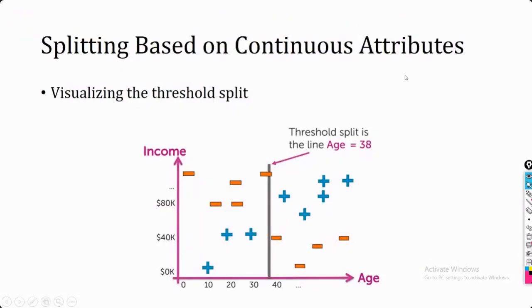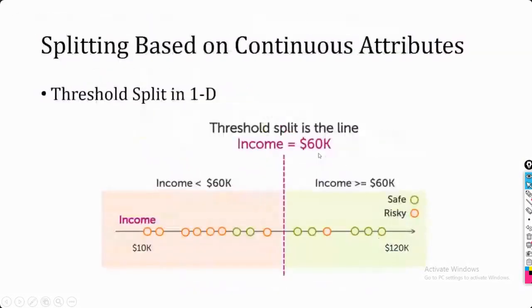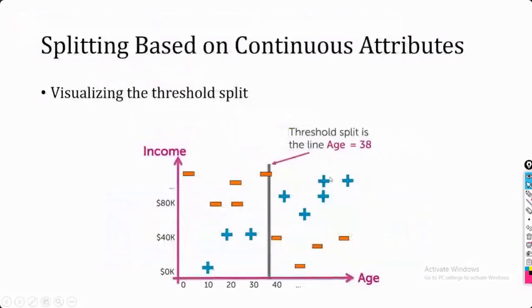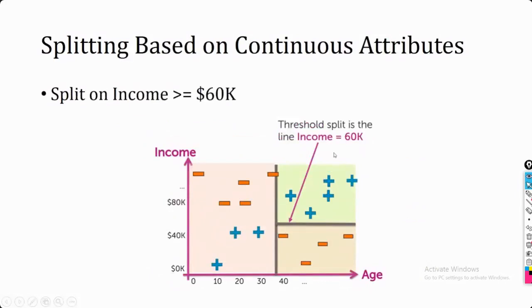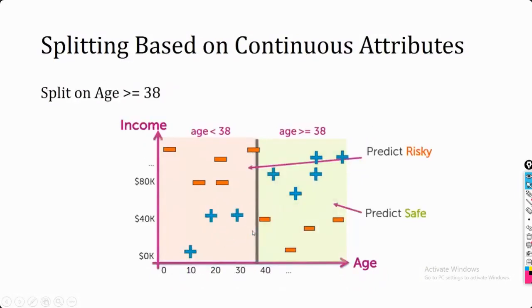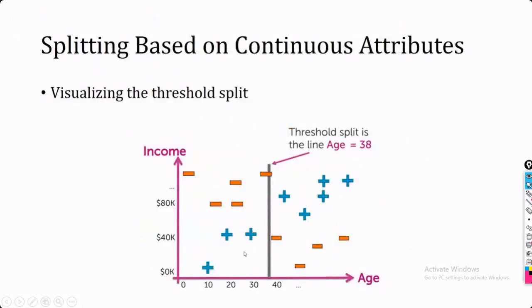The same thing we can apply for any continuous attribute, whether it's income or age. Now next, in the previous case we considered only one attribute, and that we can cover with two attributes also. For example, first I have divided based upon the income. Next I am going to divide it based upon the age. So suppose I have taken this as my criteria. With respect to this threshold, I have again divided my set of instances into two sides. One side is this one and another side is this one.